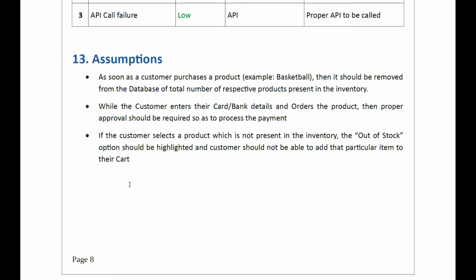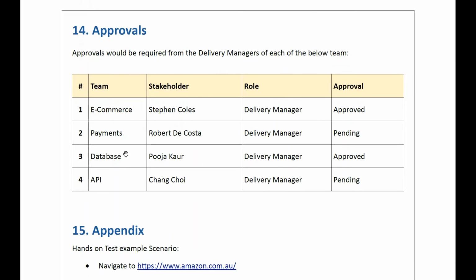And we have approvals, because the project is dependent on other teams as well. Sometimes we need approval from our delivery manager or the client.